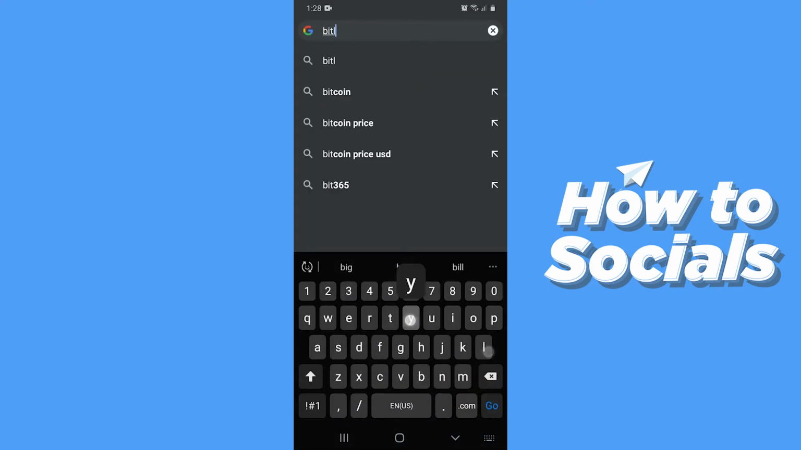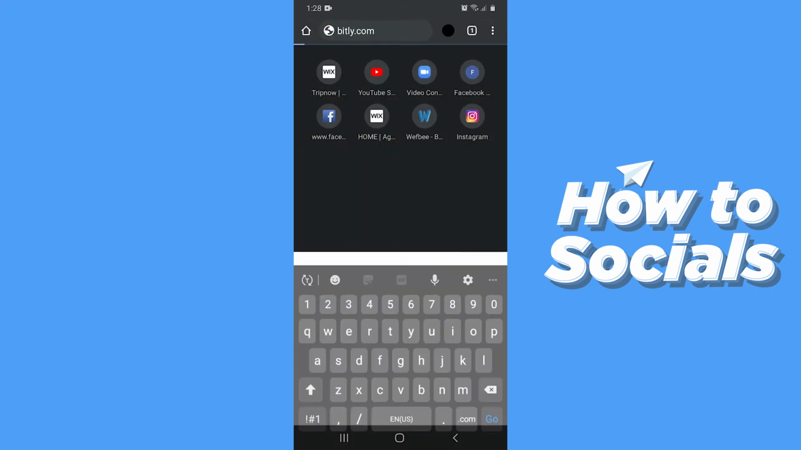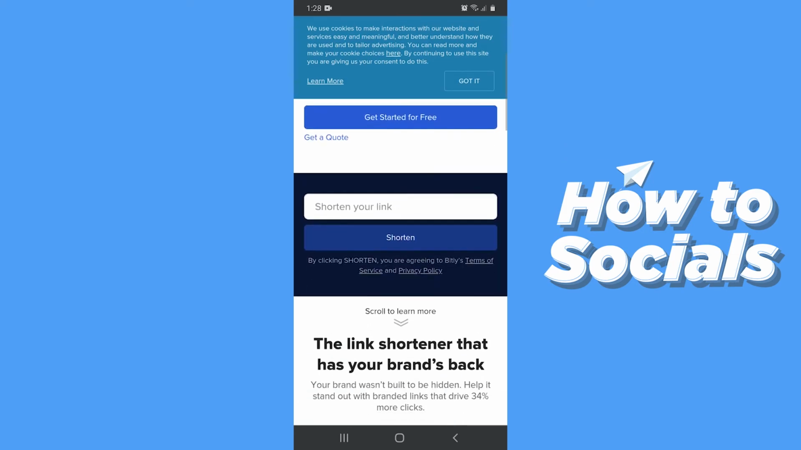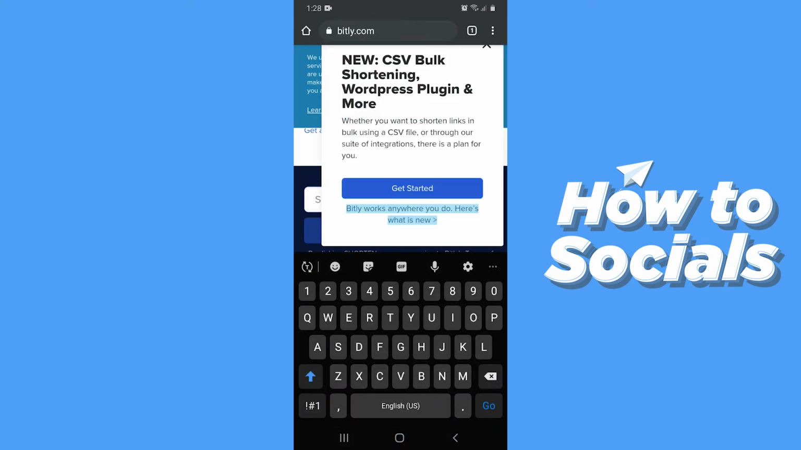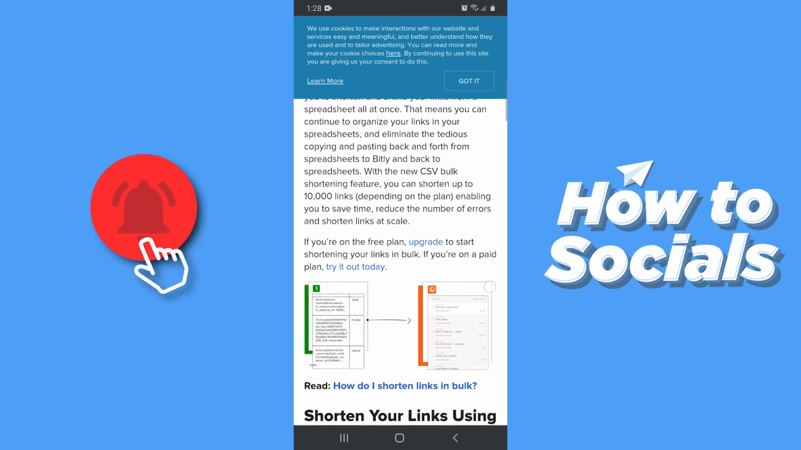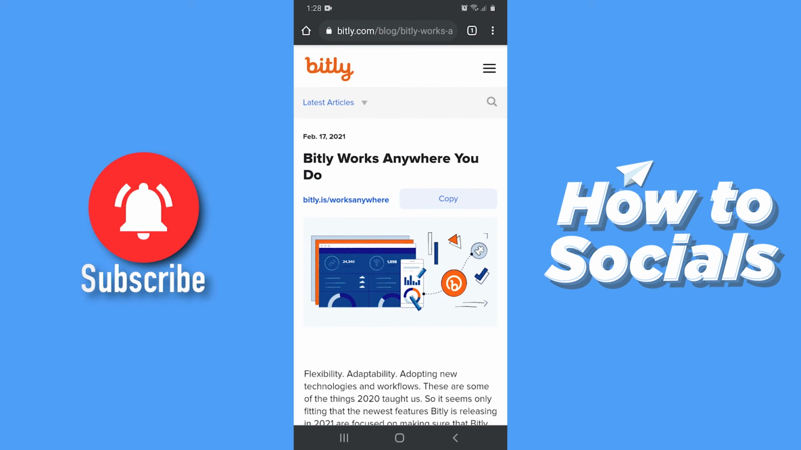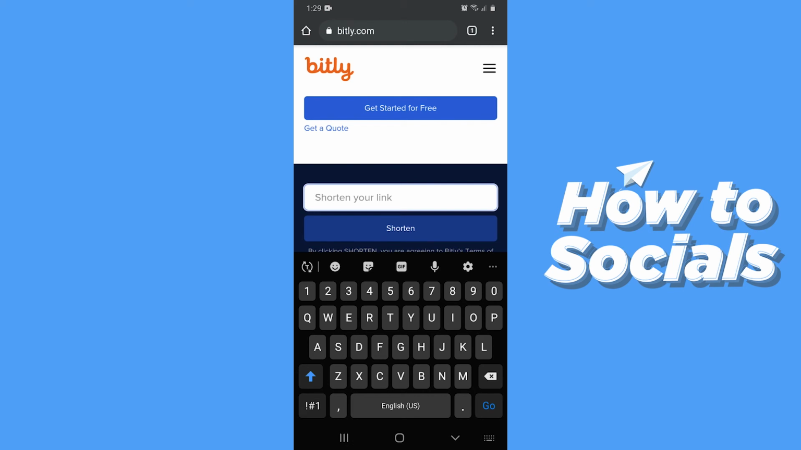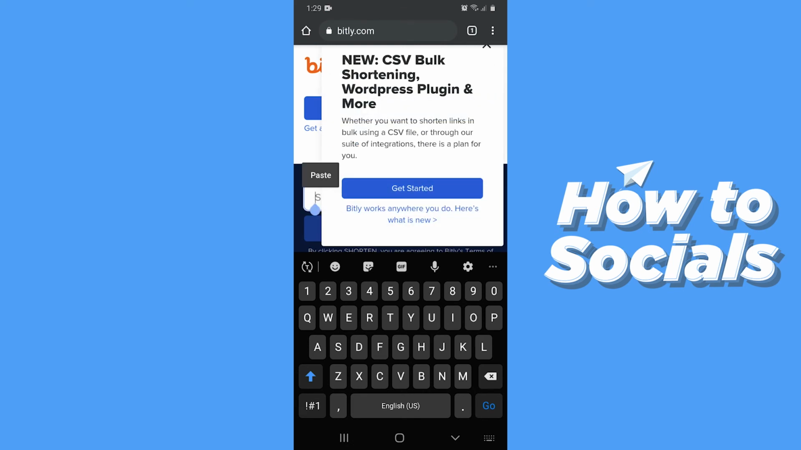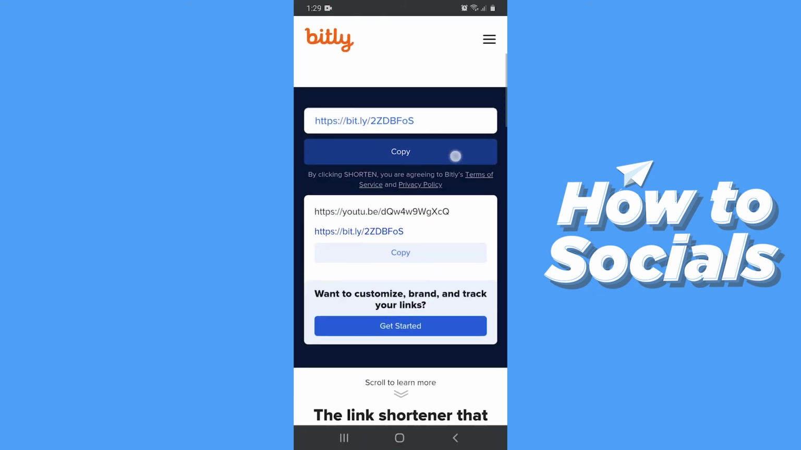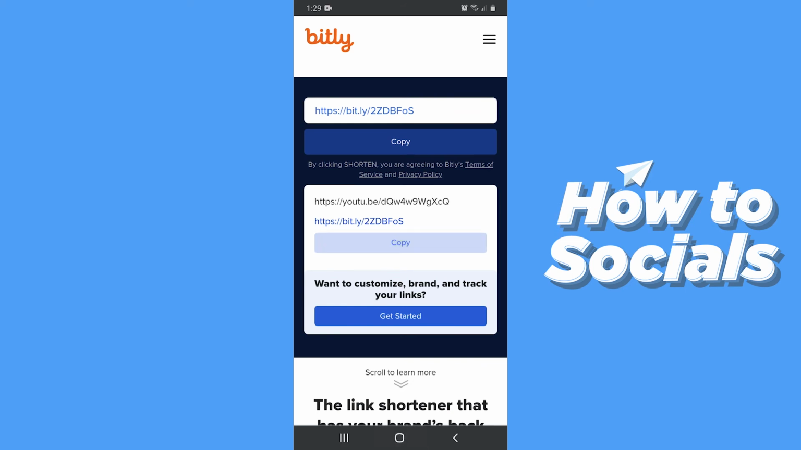Now go to bit.ly.com. Bit.ly is a website from where you can shorten the link. You have to paste the link here. Now tap on shorten your link and paste the link. Then tap on shorten. A short version of your link will be created, and now copy the link and open